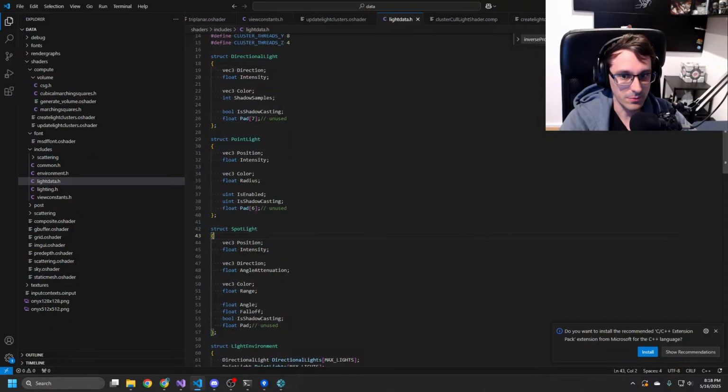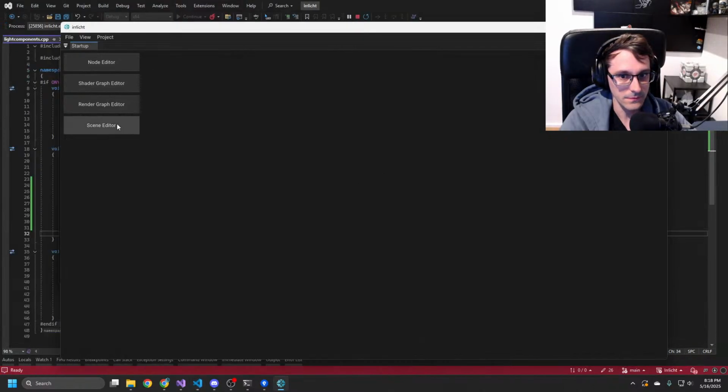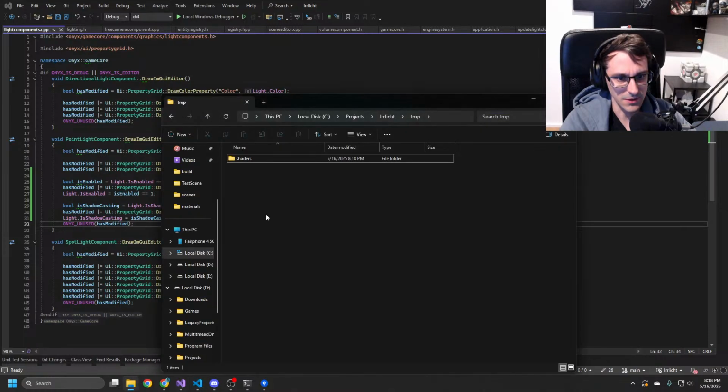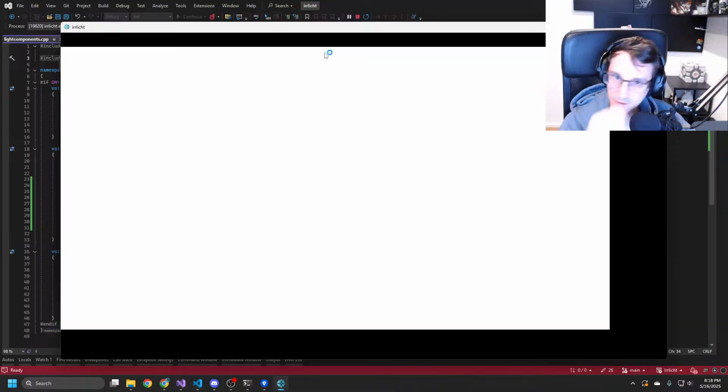So now we have the proper size there. That might have been already too late, maybe, because the pipeline might have been already created.